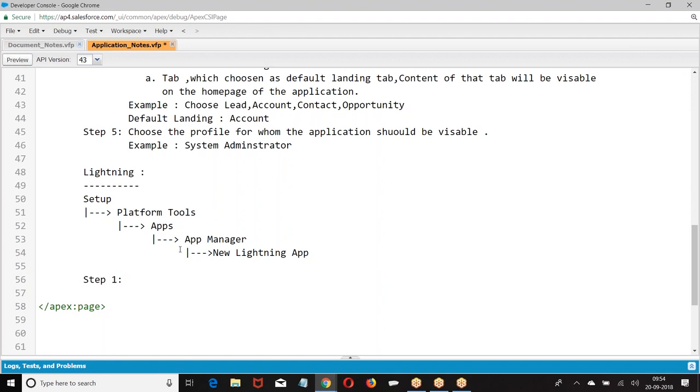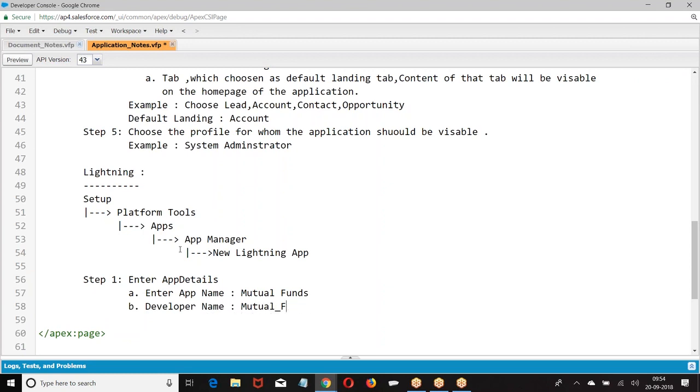Step number 1, enter app details. What was that? App name, developer name, enter the description, choose the logo.